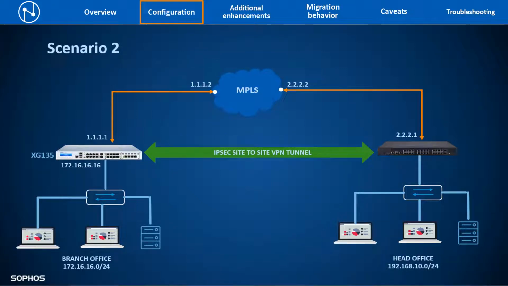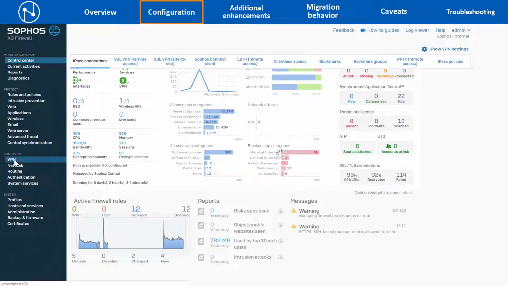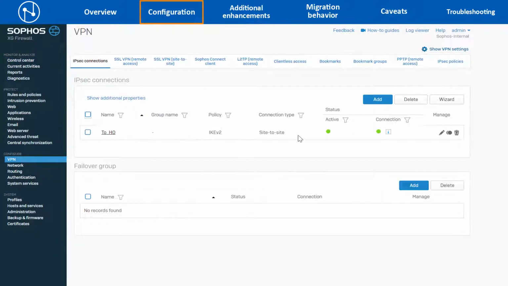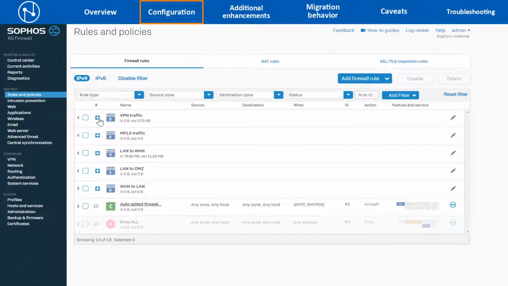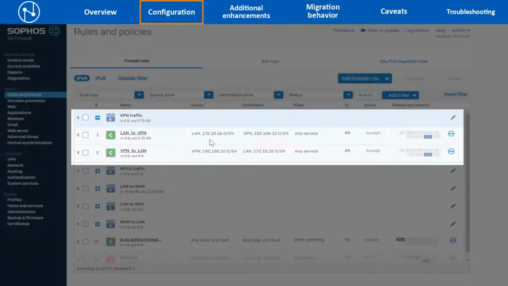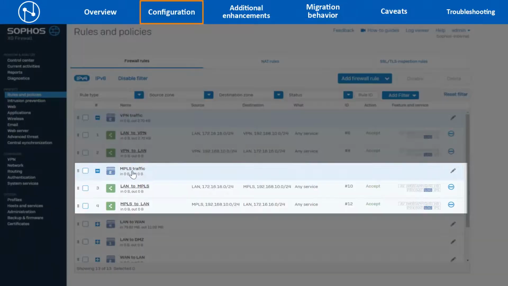So let us see the configuration steps needed on the XG firewall to achieve this requirement. Before we start configuring the policy routes, make sure that IPsec site-to-site VPN is configured and connected between the branch office XG135 and the head office router device, and the appropriate LAN to VPN and VPN to LAN firewall rules are configured as well. The firewall rules also need to be configured for LAN to MPLS and MPLS to LAN